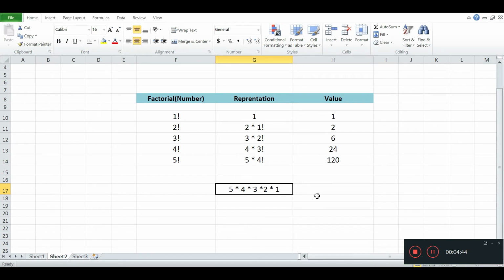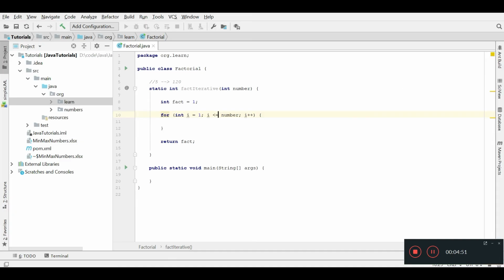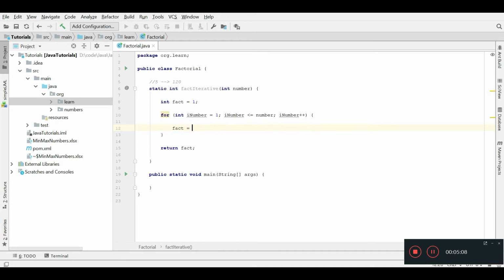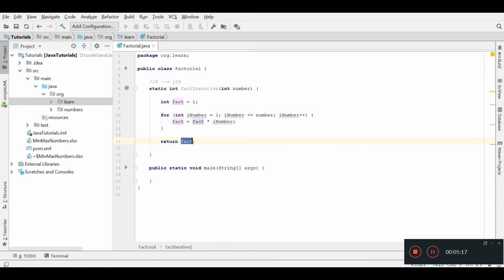So I have created a loop over a number, which I name iNumber for a good readable format. Then I just multiply fact by iNumber. That's it, it will create the factorial and we return it.